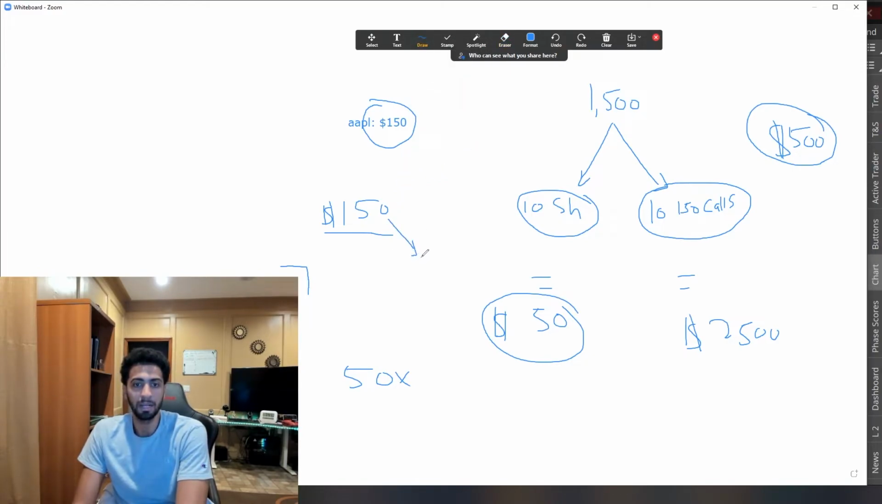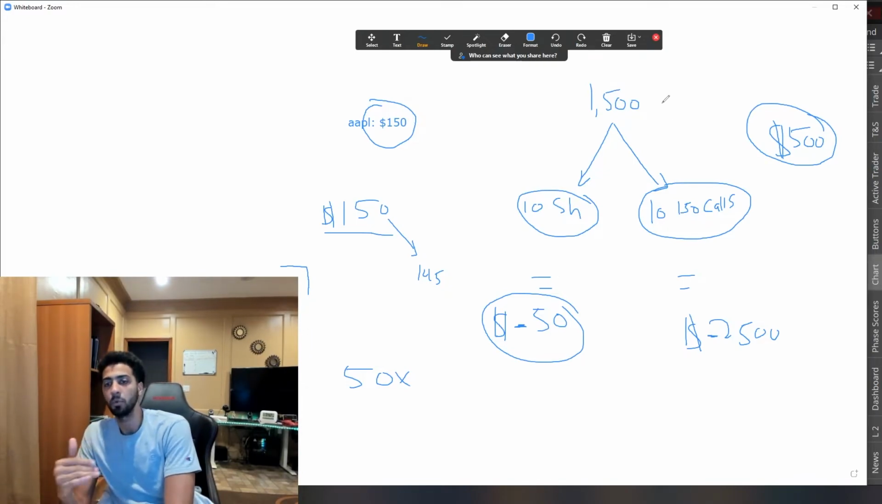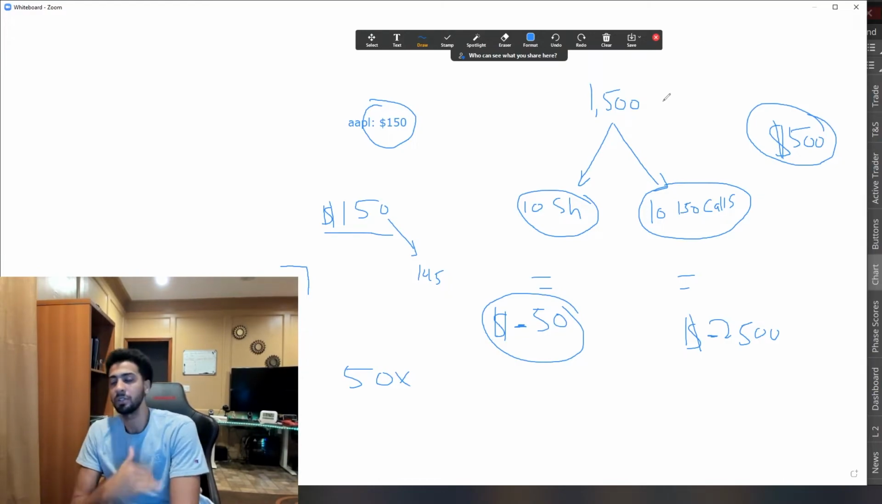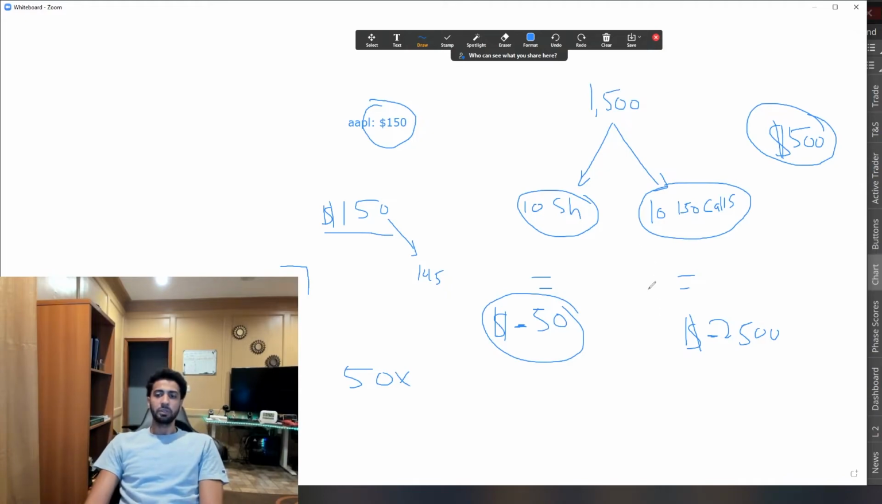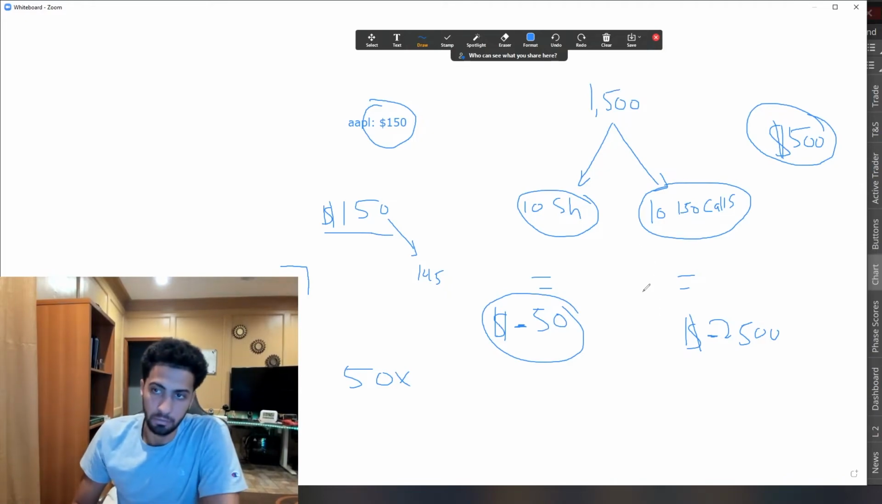the losses are magnified. So let's say the stock goes to 145. So now you lose $50 if you play the shares. But if you play the option and it doesn't go your way, now you're not going to lose 2,500 obviously, because your entire investment is 1,300, but you are going to lose way more, right? Delta changes as the stock price is moving, but basically, if the stock goes against you,